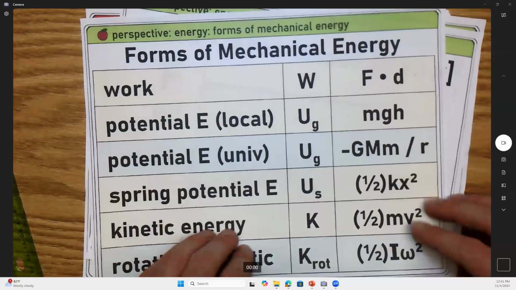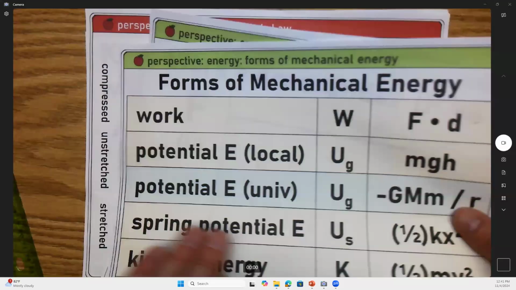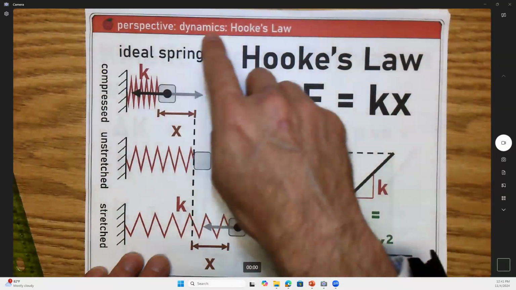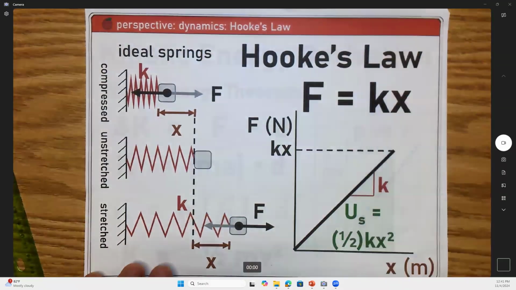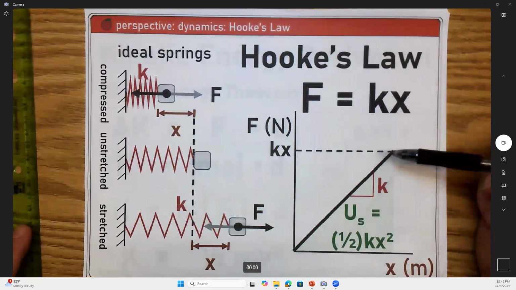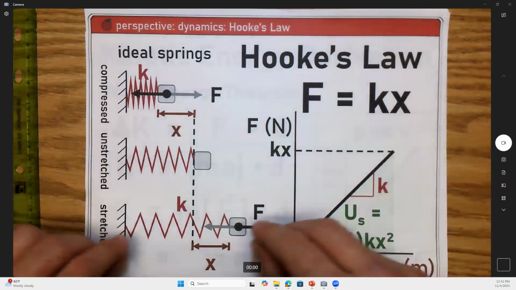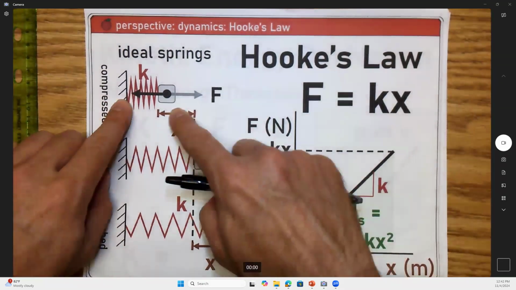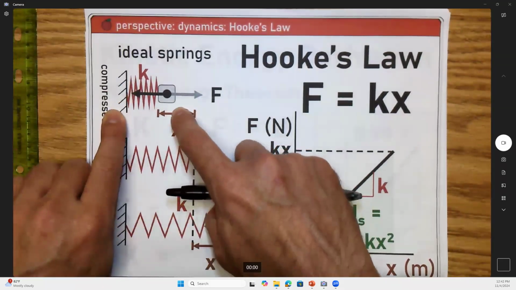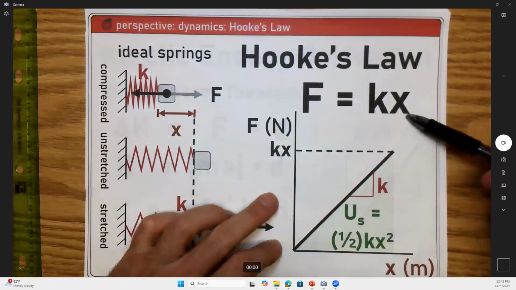All right, so where am I getting this 1/2 kx squared from? And for that, we're going to go way, way back in this class to something called Hooke's law. Hey, look, it's an orange banner. Do you guys remember these orange banners from way back in the day in this class? Do you remember Hooke's law? Now, Hooke's law tells you something about the force that it takes to compress a spring, or stretch a spring for your spring scales. But I just compressed a spring. It says, guys, the more I compress it, the more force it takes to do that. And that's a linear relationship. You guys remember F equals kx from back in the day, right?